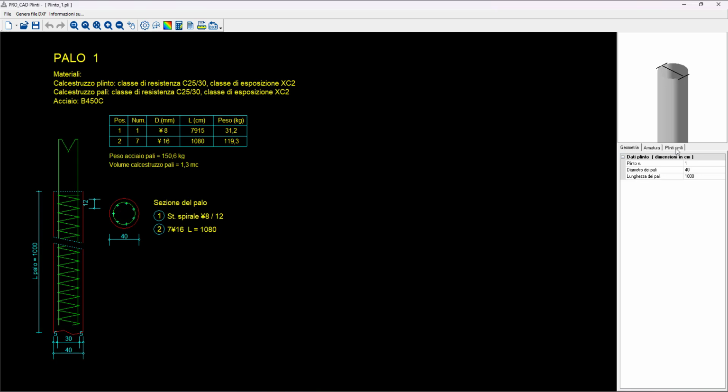I'm sorry, but it seems like this module, this program, has no English translation, but don't worry, it's very easy to use. There are very few commands, so it should not be a problem. And so with this Plinty Simile, you can select all and click update, aggiorna. So it will unify, aggregate all plinths in the same drawing, like this. Before it was Pali 1, now it's Pali 1, 10, 11, so all piles are in the same drawing basically.